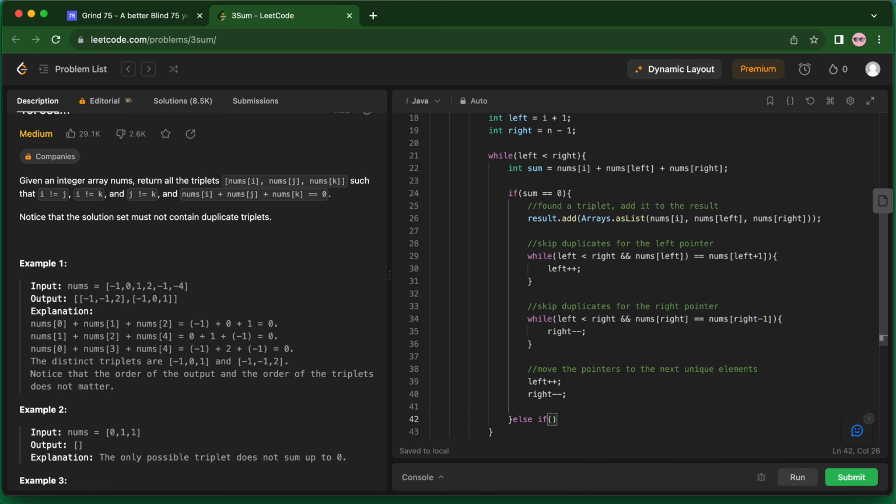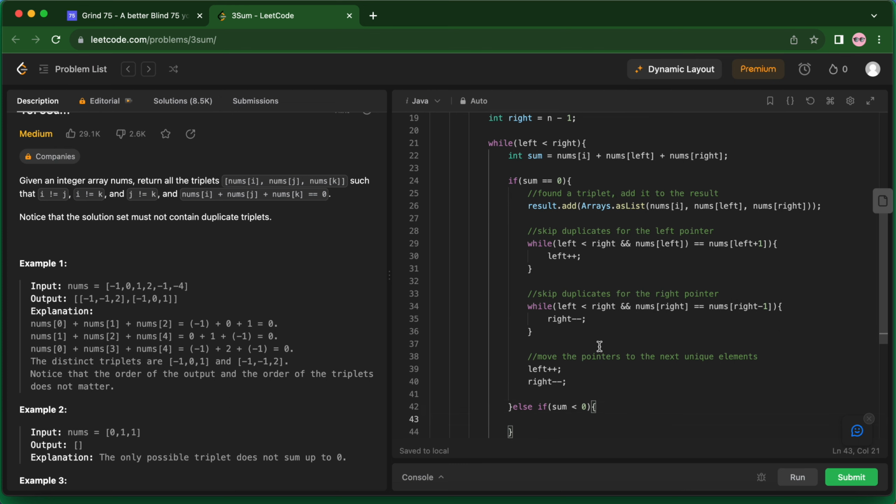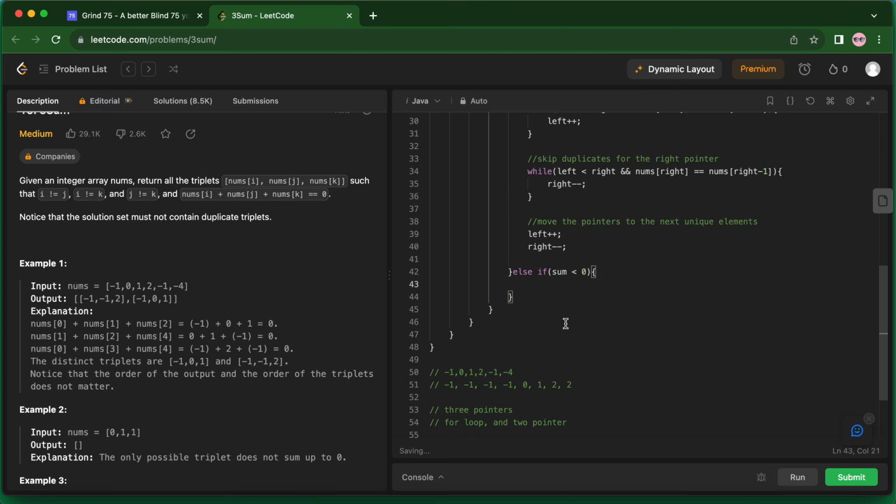Else if, so this was when the sum is equal to 0. If sum is less than 0, that means we need to add a bigger number. So when our left pointer was here, right? We need to move the left pointer to bigger number, which is 0, or it could be any bigger number, right? So if sum is less than 0,